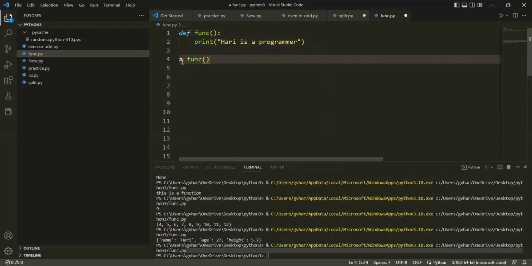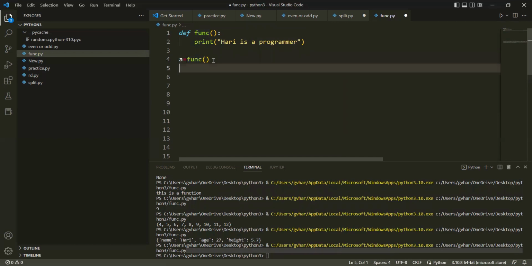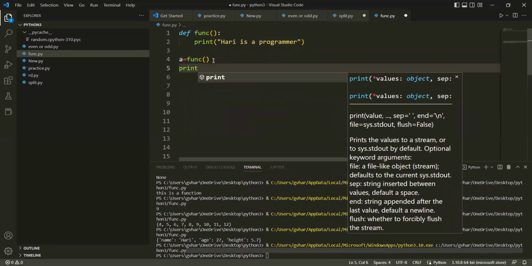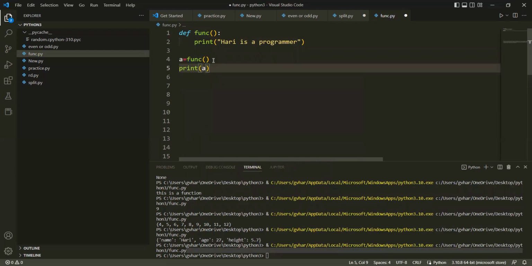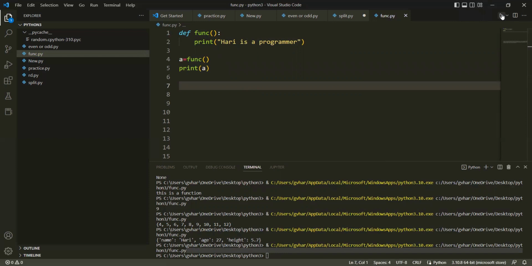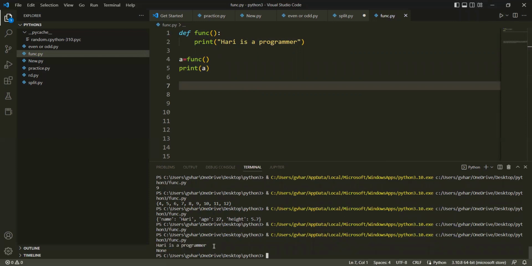It is simple. We have to give a variable and give the same function with the same brackets. That's it. You have to print now. If you save it and run,